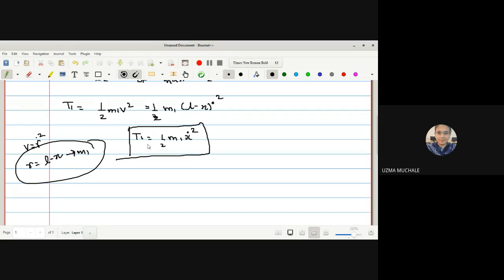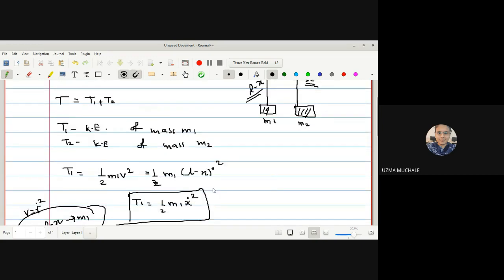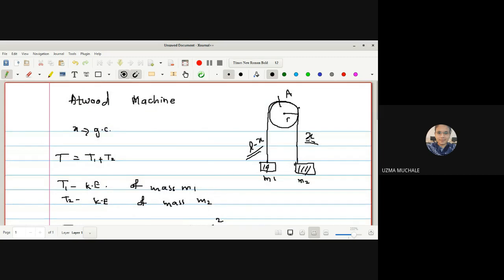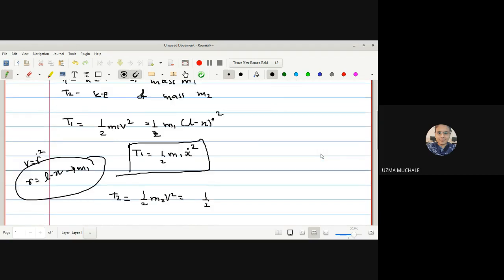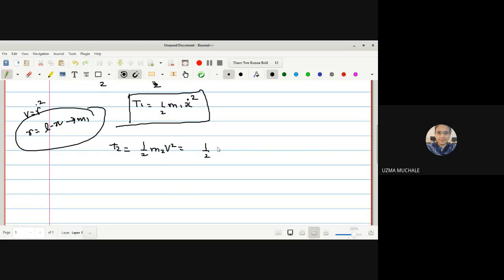Is it okay? Yes, ma'am. T2 is equal to 1 upon 2 m2 v square. Now here also, the position is described by mass m2. Okay, x is a position. With the help of this we can find out the position of mass m2, correct? So with the help of x itself we can determine the position. So I can write this as 1 upon 2 m2 r dot square, which is equal to 1 upon 2